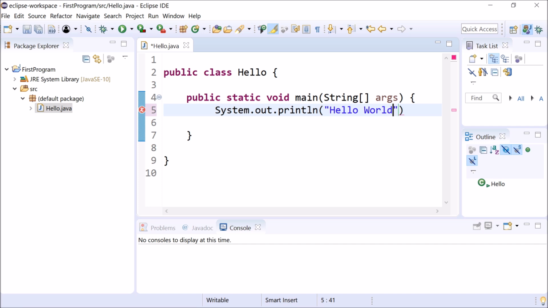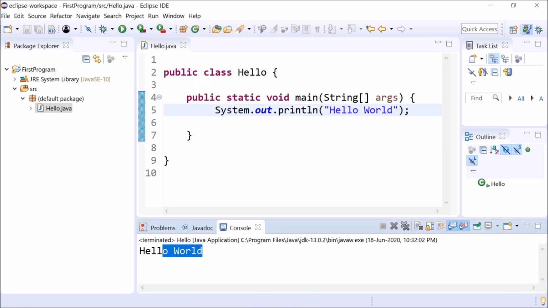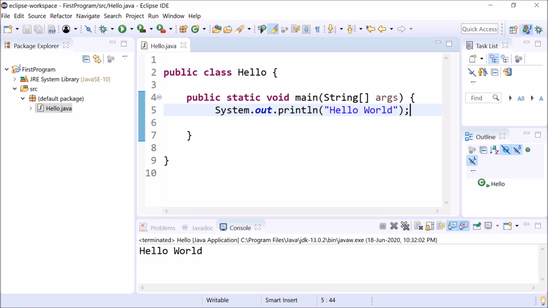And in order to execute this, click on Run and select the run option, and then click on OK, and then it will print hello world. See how easy it is to print to the console in Eclipse IDE rather than the conventional way which I showed you earlier.